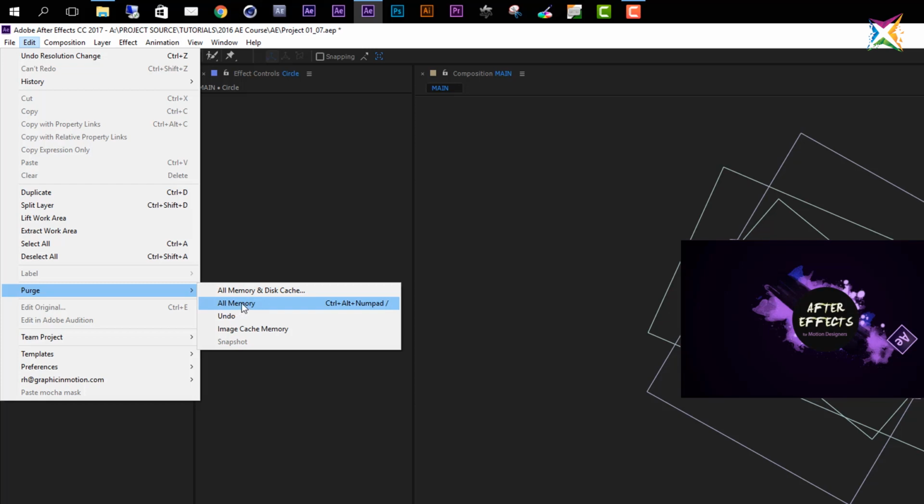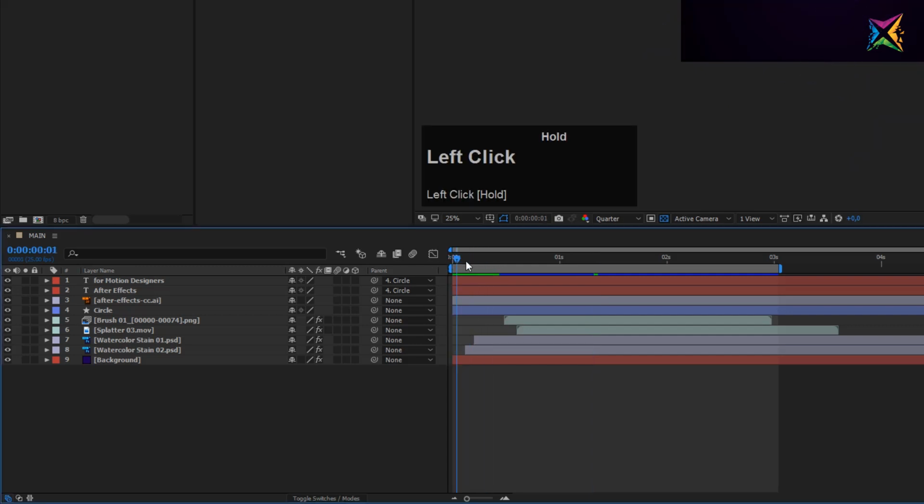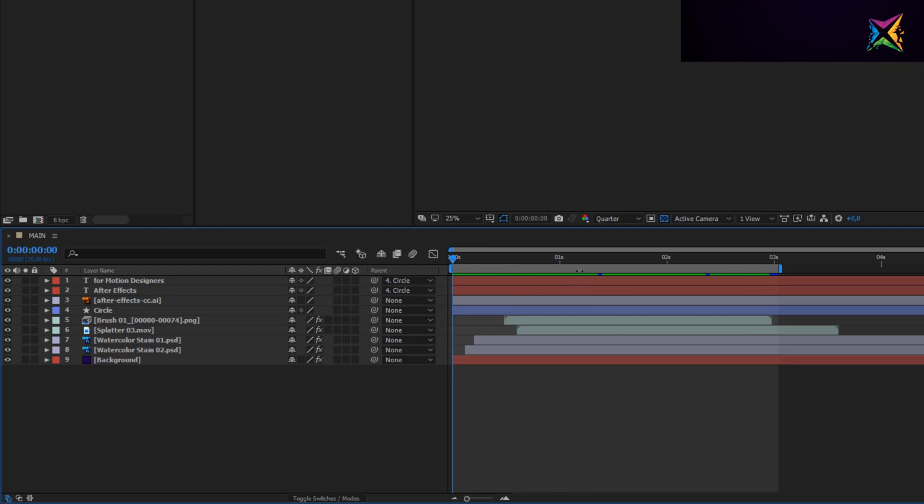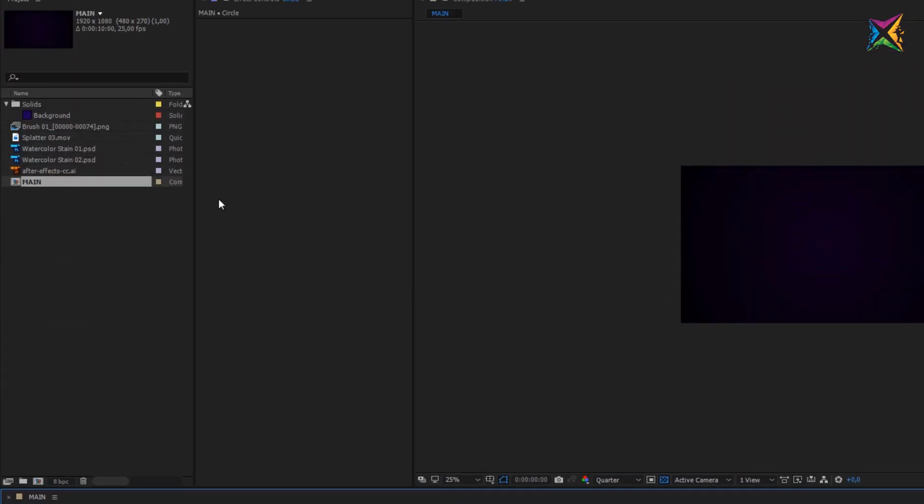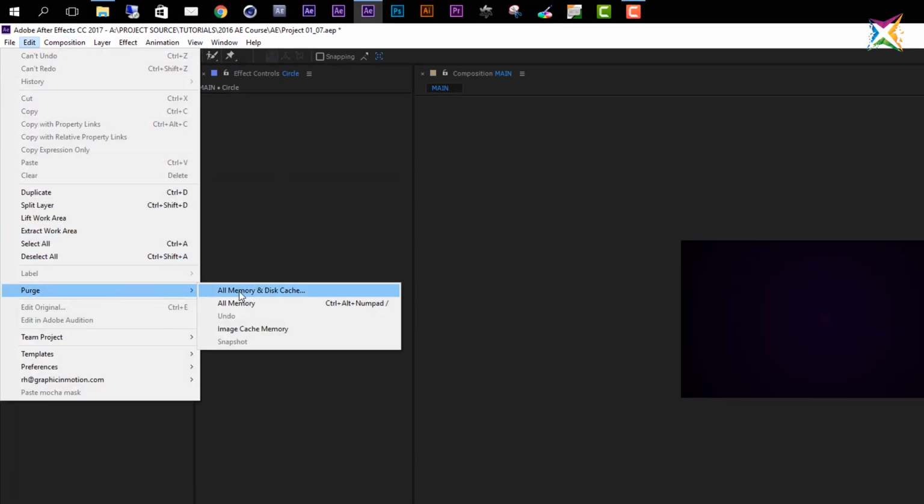So if I purge all memory, let's select this now. You see that now this bar turned from green into blue. That means that now After Effects has some files ready here, and these are on the disk, but they are not in the RAM right now. So if I move over here, you see then it will update this to green, and this means now they are available in the RAM again. And you see that this works really fast because After Effects can load the image from the disk cache. If I come up here again to Edit, and if I choose Purge all memory and disk cache,